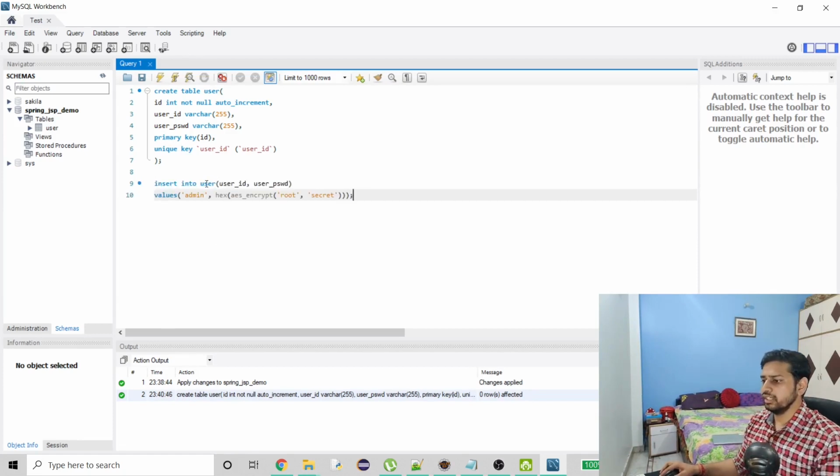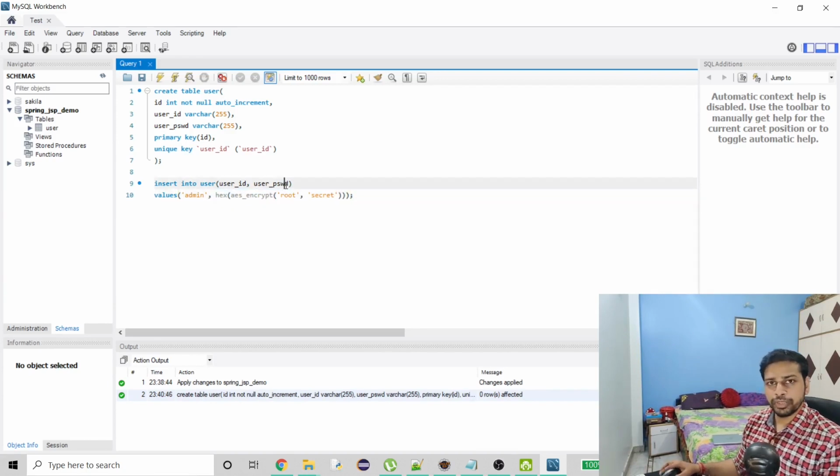Okay, so this is going to be our user insert query. It may seem different to some of you. When we talk about passwords, we should not save the password as it is. We should always have some kind of algorithm.